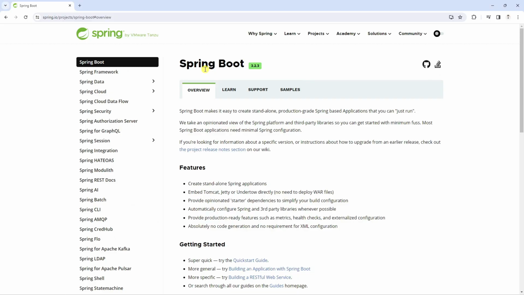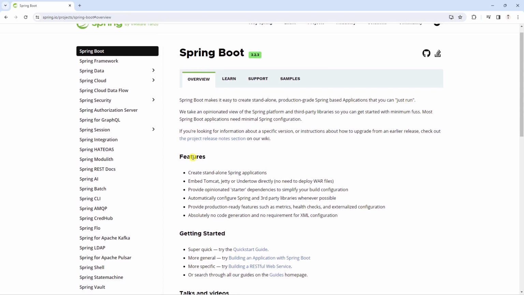So right here, this is the official documentation of Spring Boot, and the latest version is 3.2.3. For the overview, Spring Boot makes it easy to create standalone, production-ready, Spring-based applications that you can just run. Whether the language you are using is Java or Kotlin, Spring Boot is the right choice to go.